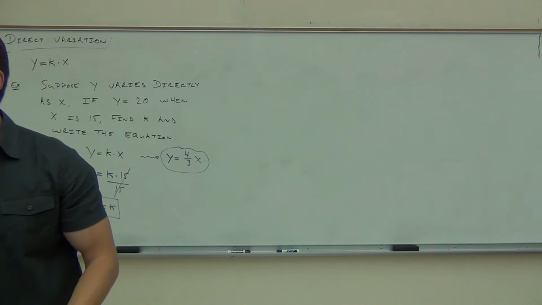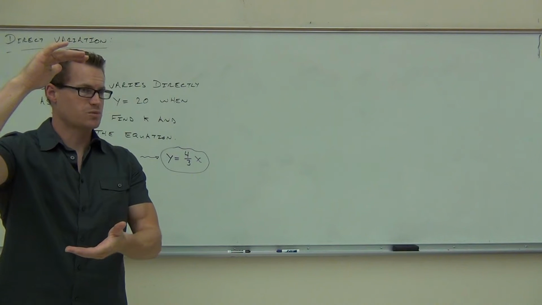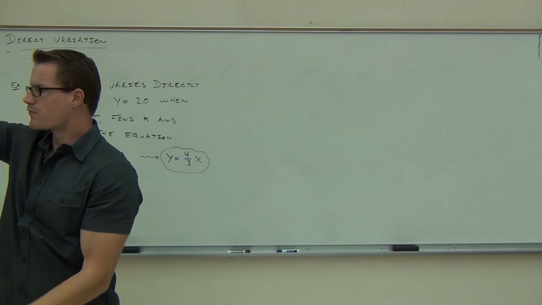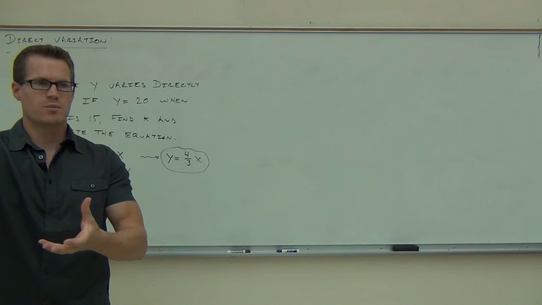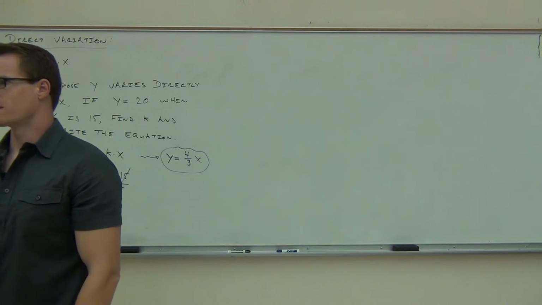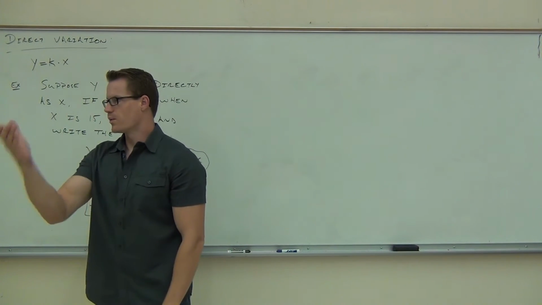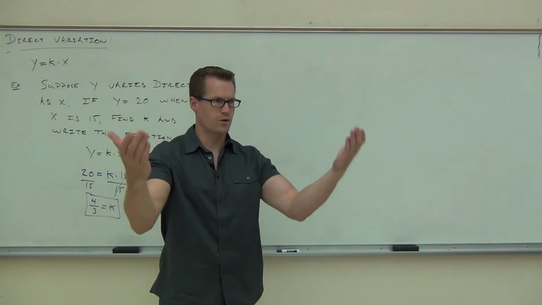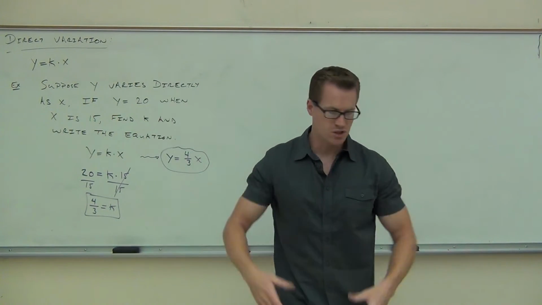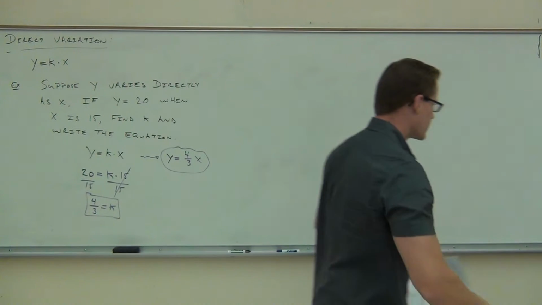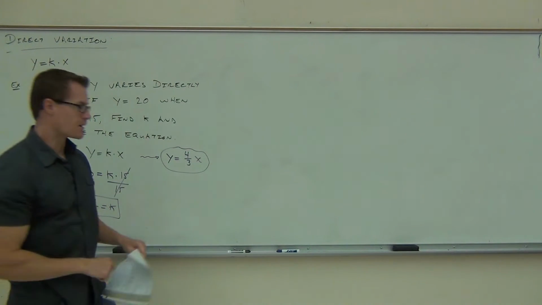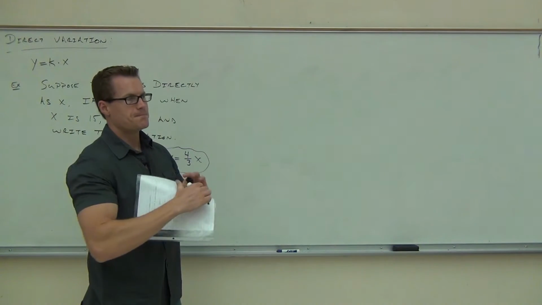So would you agree that for a certain stretching of the spring, now eventually that spring is going to stretch all the way to its maximum and not go any further, right? But for a certain distance, the more weight we put on that spring, the more it's going to stretch. Do you agree? Does that fall into the category of direct variation? More weight equals more stretch. So those things are tied together. Less weight means less stretch. So we know that as the weight goes up, the stretch goes up. Let's see if we can write out a word problem, identify that it's direct variation, see if we can solve some things about it. So let's suppose that